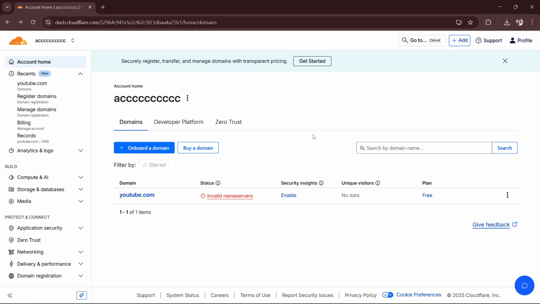Hi there, in this video, I'll give you a quick guide on how you can clear cache on Cloudflare. So please listen carefully to each step that I will be explaining because I will describe everything clearly so you